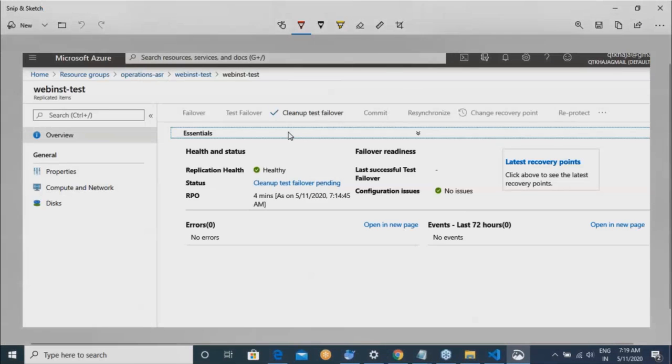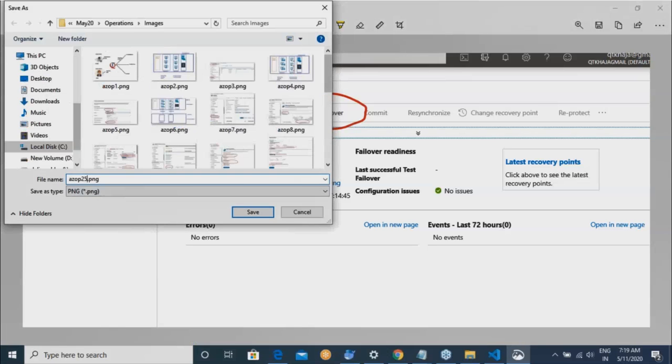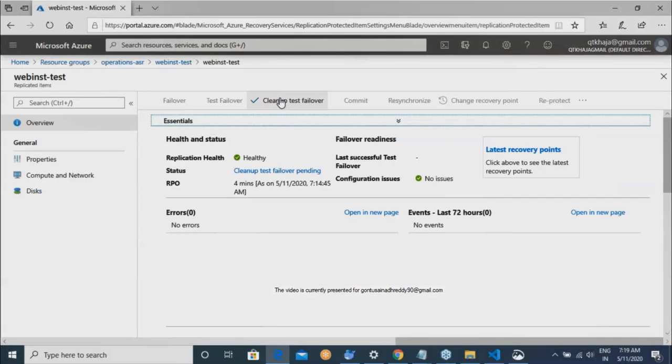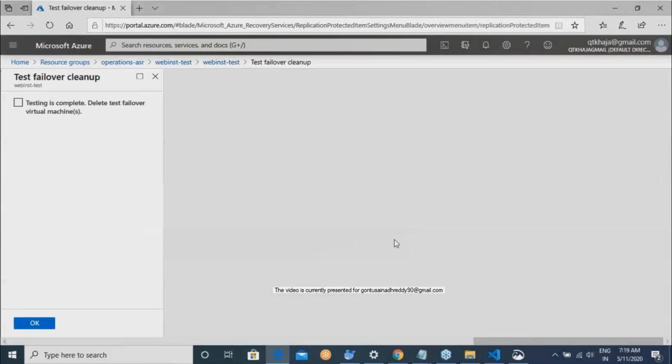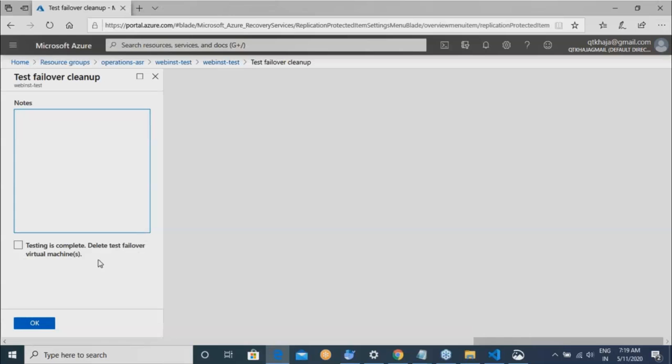Sorry, saying there is a disaster recovery setup for this test and ensure you do this activity. This will clean up the unnecessary data that has been generated due to the test. Okay. Testing is complete. Delete the failover.